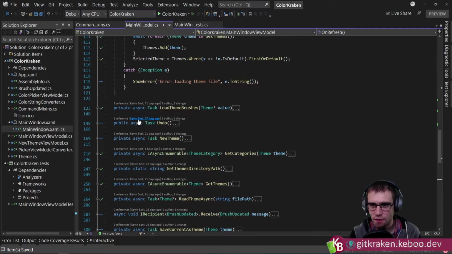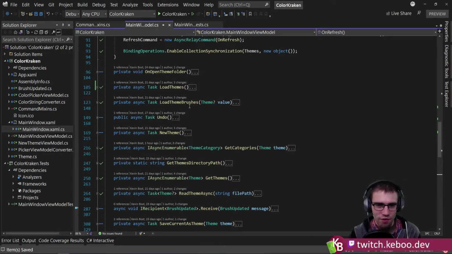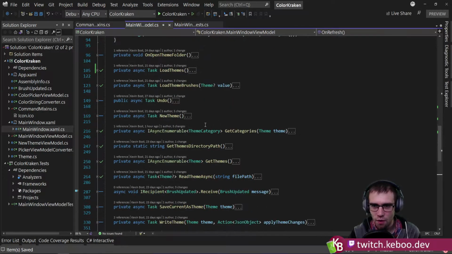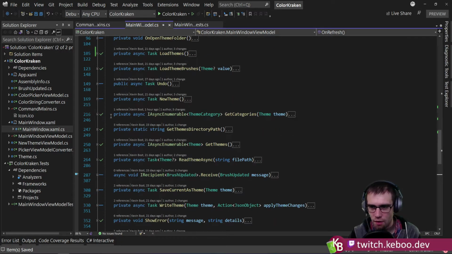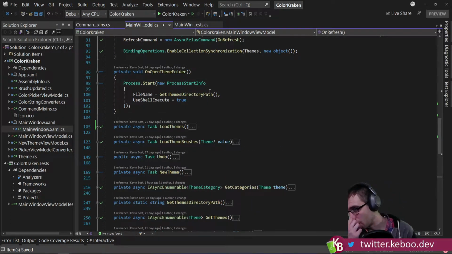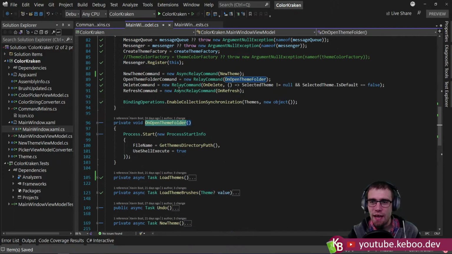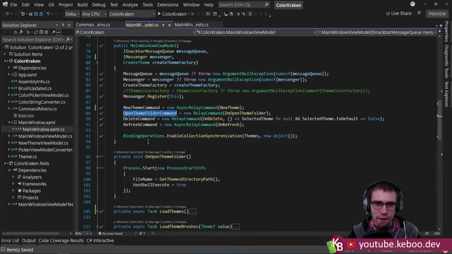Okay, let's look at one of the, I will say, more difficult ones to test. Is it like new theme or open theme folder? This is a good example. This is a great example of a method that is a pain in the neck to test. An absolute pain in the neck to test. Because if we wanted to test this open theme folder command,